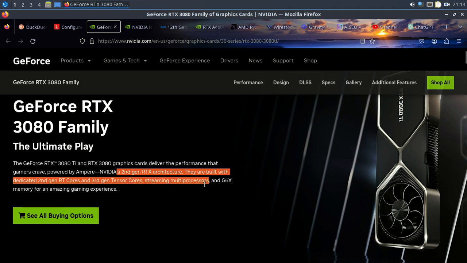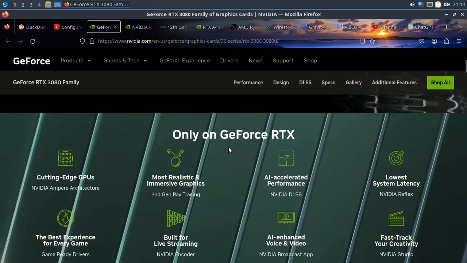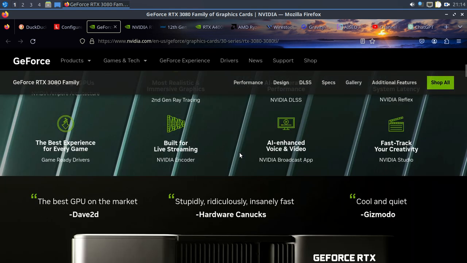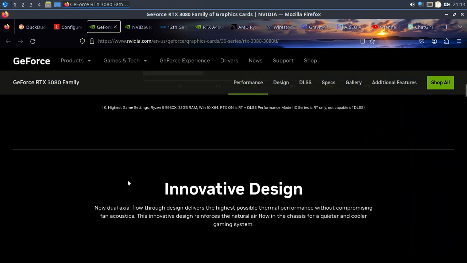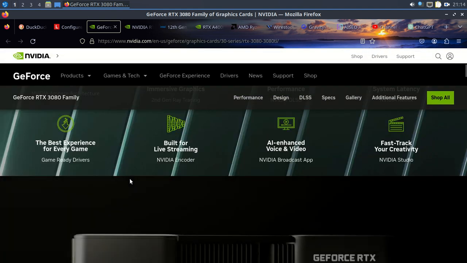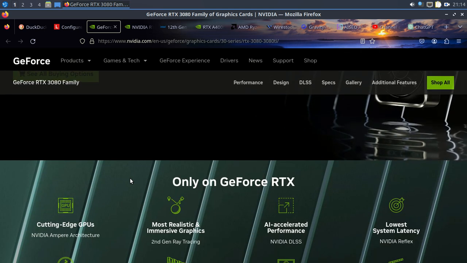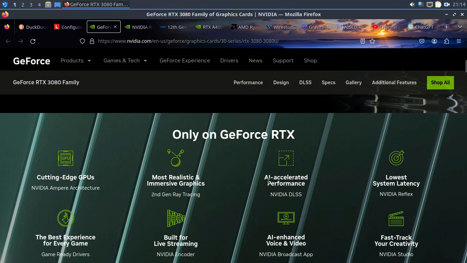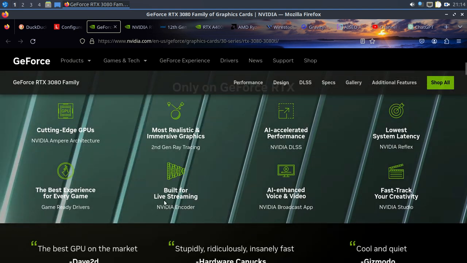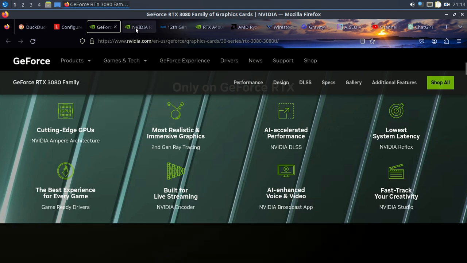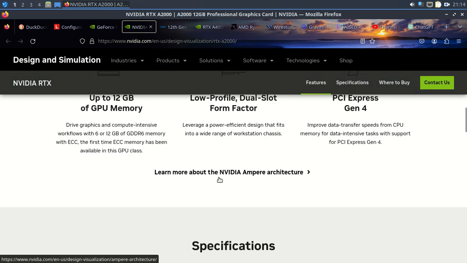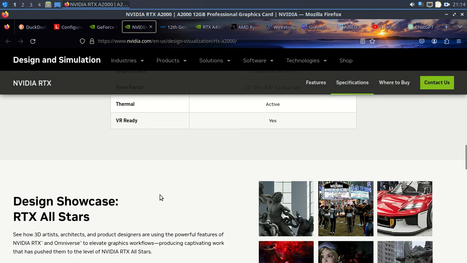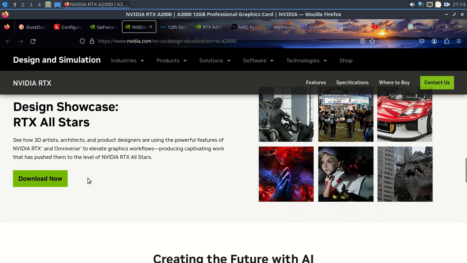This second generation they build only on Z4 RTX. This is for accelerate performance, lowest system capacity, fast tracking, AI enhanced, build for live streaming, best for every game. You can see here the best experience for every game. But you can see here the A2000 series powered by the NVIDIA Ampere architecture. You can see here it design software RTX all stars,